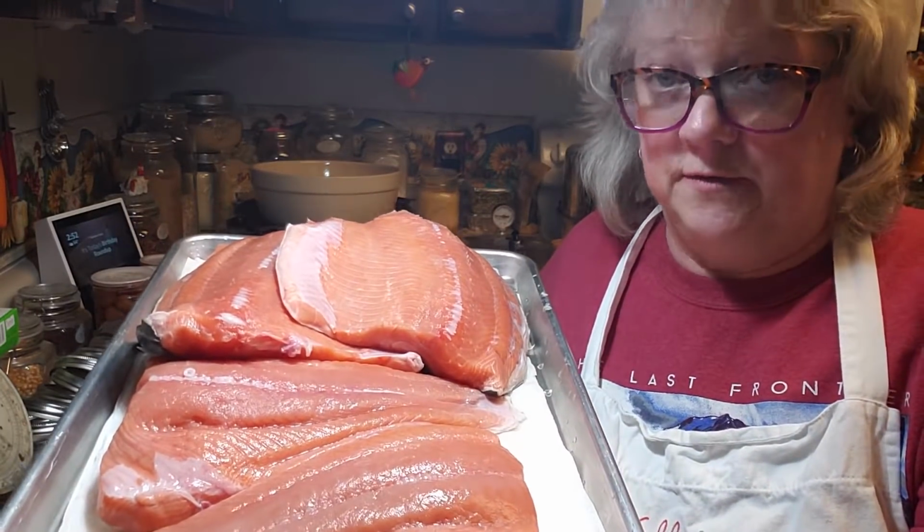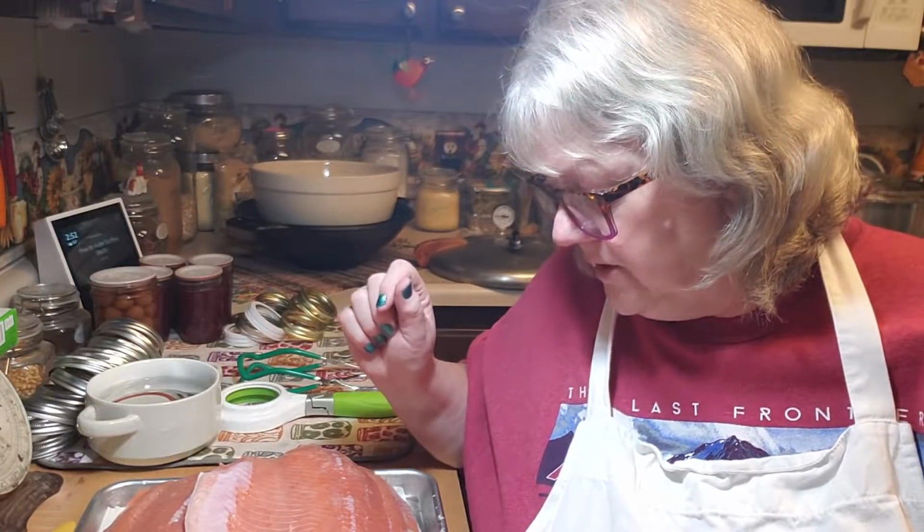Now this salmon, our son caught, and it is a beautiful salmon. He fishes. He's an amazing fisherman, but he hates to eat fish. He won't eat fish, he won't eat crab, he won't eat anything that comes out of the water. So guess who gets the goodies? That's right. So I'm going to can this salmon, and it can be canned from a frozen state, which is nice,